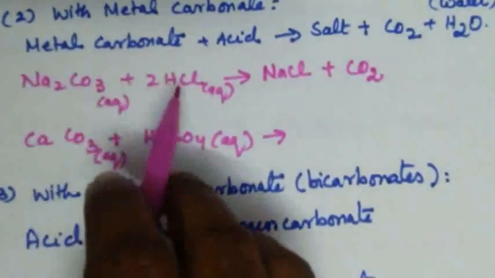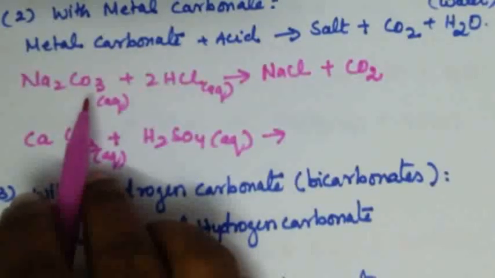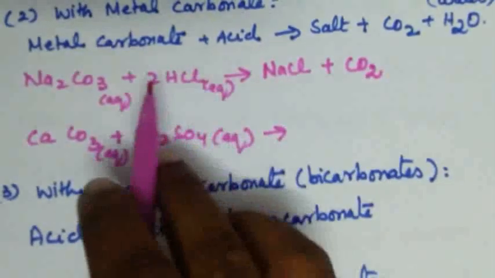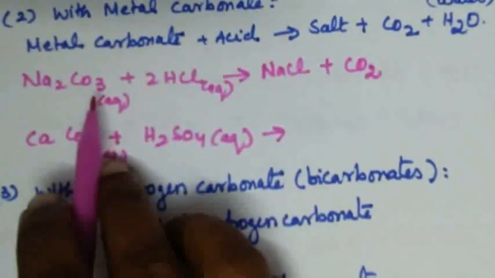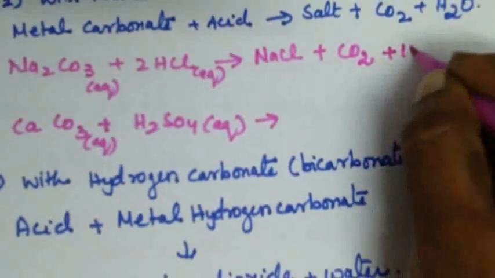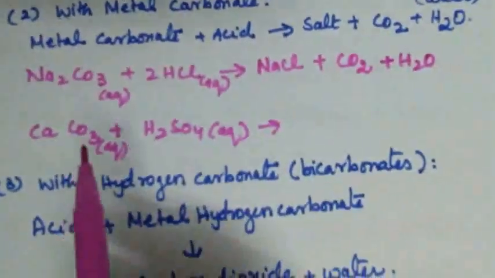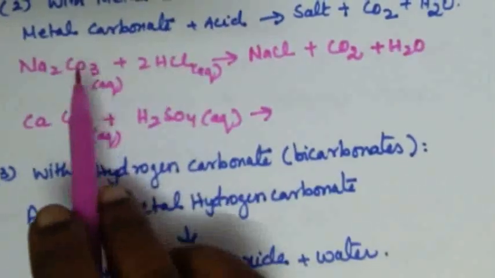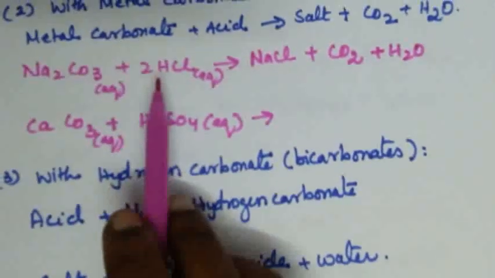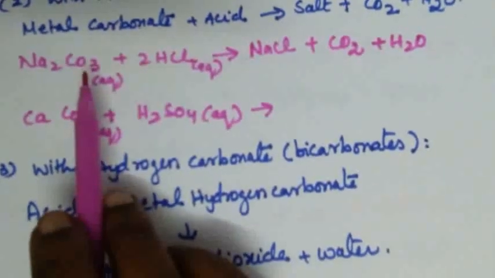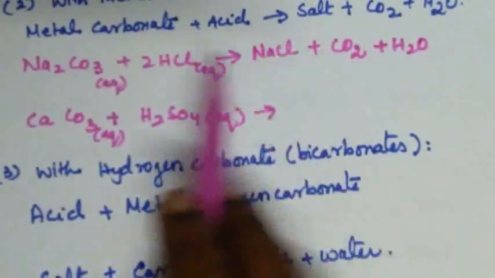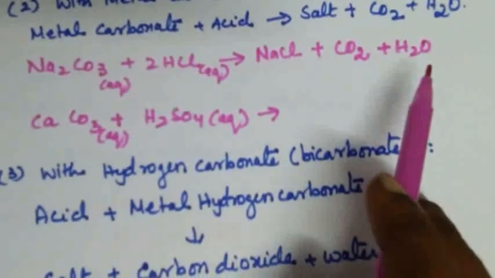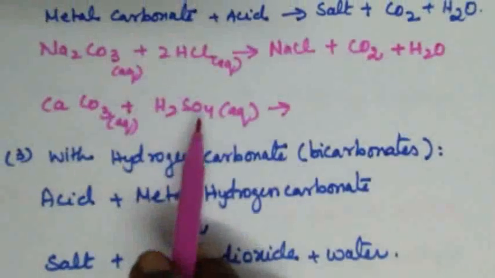So here in this case, when I add acid to the carbonate, carbon dioxide is released and what else is left out? Hydrogen is left out and also we have oxygen here. So another product will be water. Sodium carbonate with HCl gives you salt, sodium chloride. And since carbonate is there, carbon dioxide is released. Of the carbonate's three oxygens, only 2 are utilized, 1 oxygen is left out. So this excess oxygen may be taken by hydrogen and forms water. So simple. If we know the reactants, we can write the product.